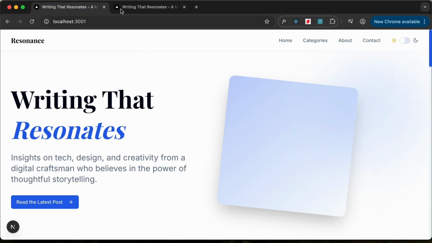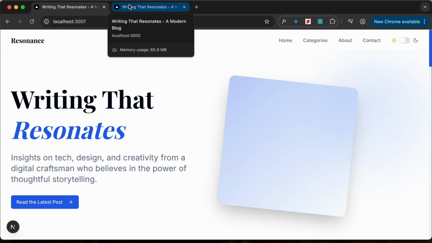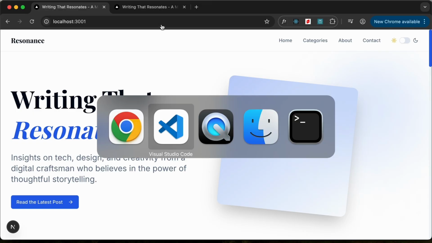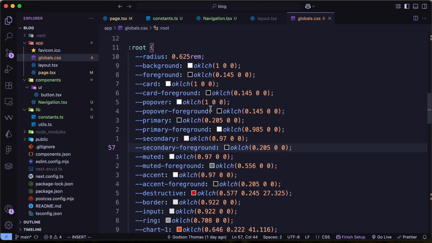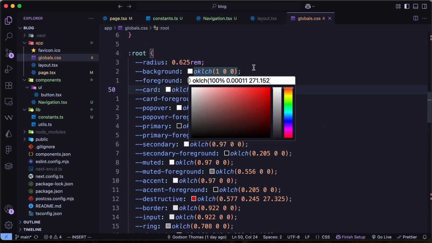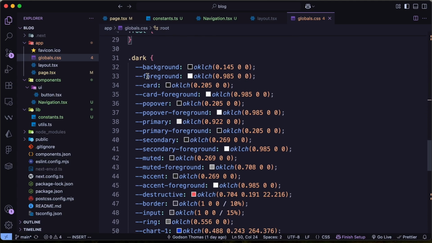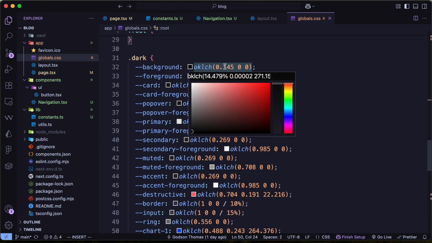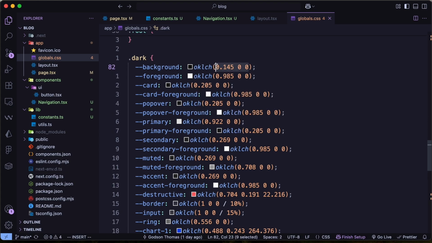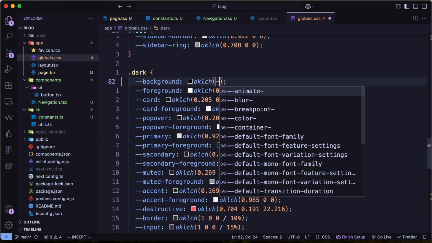And now let's go ahead and update the colors of our globals.css file so that we have the correct colors in our application. So let's go to our globals.css file, and here let's make some changes. First of all, we have the background color and it is set to white. And for the dark version, we need to have a different color. So here for the dark background, let's change the colors over here. So I'll just add the color of our website. You can change this to whatever you want. So I'll just have